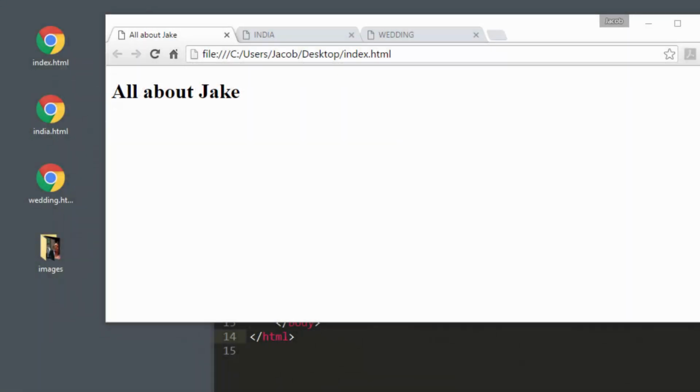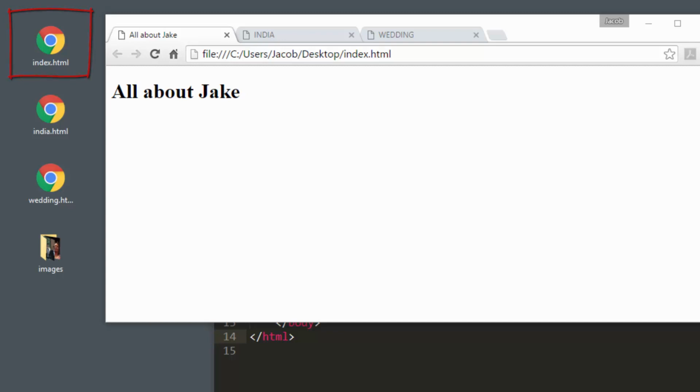A link from one web page to another web page or to any other type of file is a hyperlink. Here, I have some files for a website all saved in the same location on my computer. If you would like to work along, download the zip file under the video. The images for the site are all saved inside the Images folder.